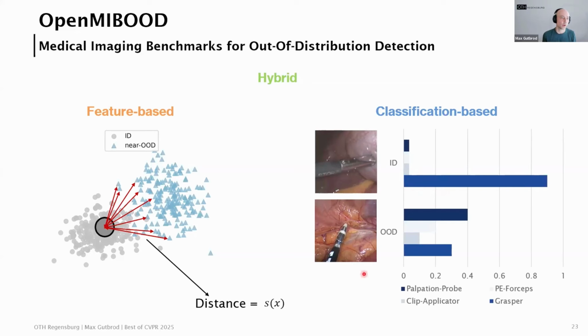Whereas for an unknown instrument from an OOD dataset, we would like to see that the model distributes its probabilities or logits more evenly. These probabilities or logits are then used in some way as our S of x, for instance, by using just the maximum probability. And finally, the hybrid approaches combine both of these information sources in some way.